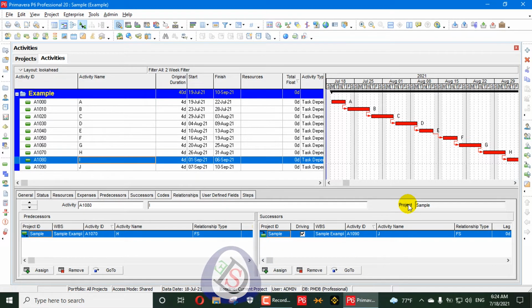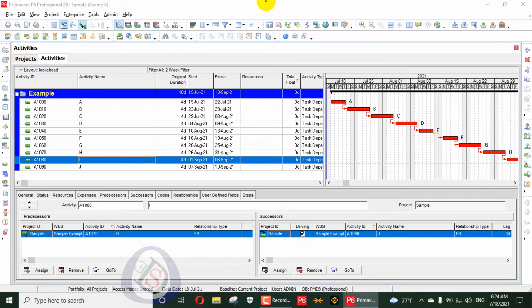So let's continue our view of our project. Developing project plans in Primavera P6 involves identifying the sequence or network logic in which your activities should occur. The network logic is strategic in the calculation of a critical path method schedule, which is calculated based upon the activity duration and network logic, that is, the predecessor-successor relationship. The schedule's early dates are calculated during the forward pass and the late dates are calculated during the backward pass.